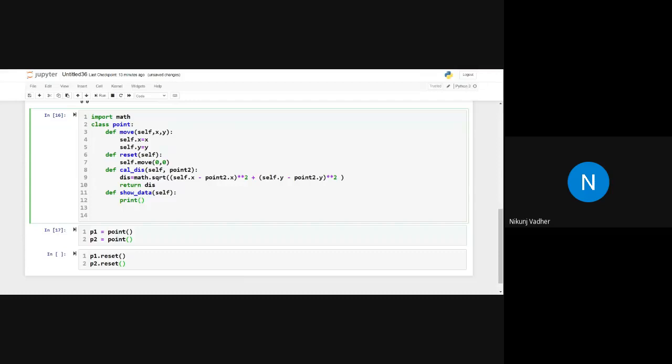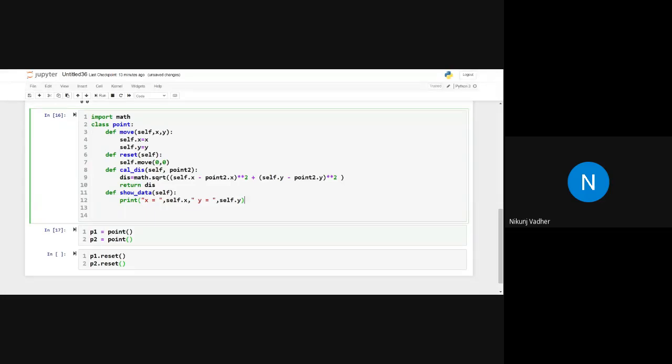Either we can print over here or we can pass both values x and y to the calling function. Let's go with the simple way. We will print here only x equals to self dot x, comma, y equals to self dot y. So show data will show us the current position of the point.